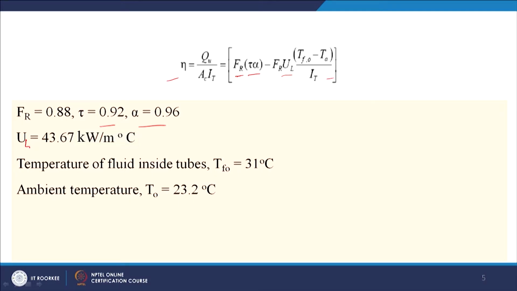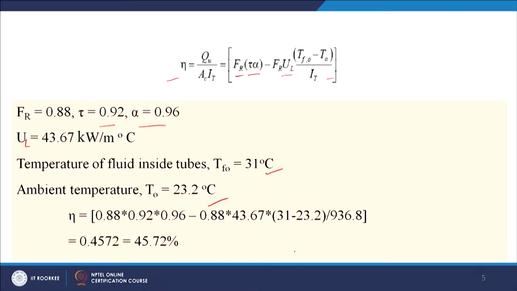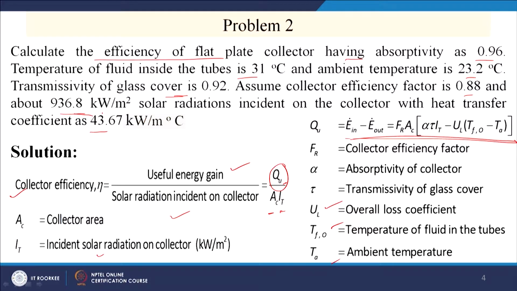And UL is also given. UL is equal to 43.67, the heat transfer loss coefficient, and the temperature of the fluid inside the tube, TFO, is given as 31 degrees centigrade. So, now TFO we have got, TA we have got, that is TA equal to 23.2, and IT we have got also,